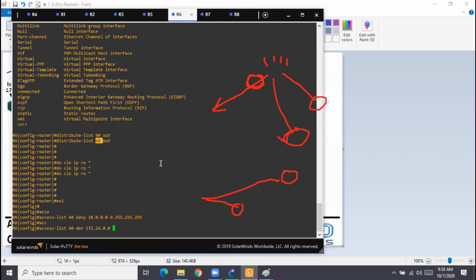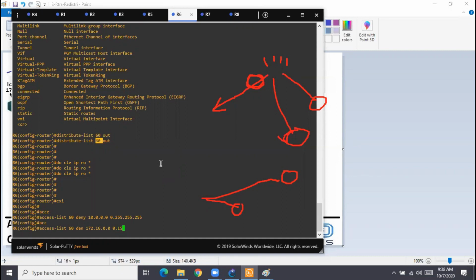The first octet, 172, won't change. If you use 0.0.255.255, only 172.16 will get filtered. All the subnets of 172.16 will get filtered. Then for 17 you need to do it again, then 18, like that. No, we want it in one single line.